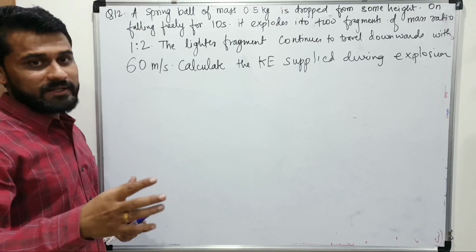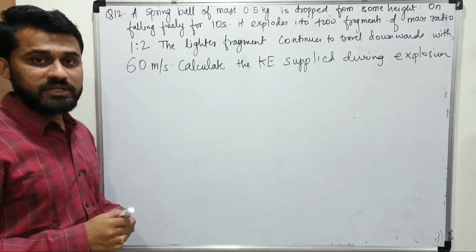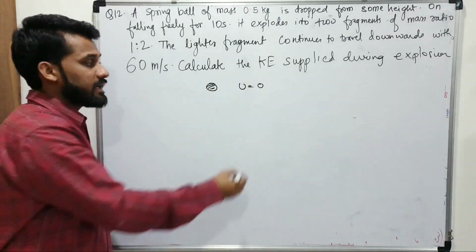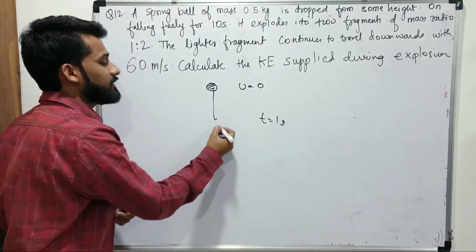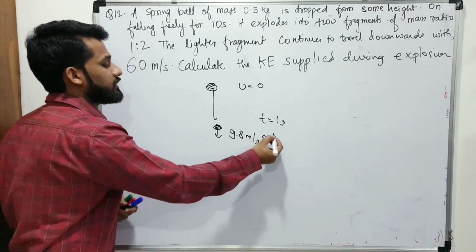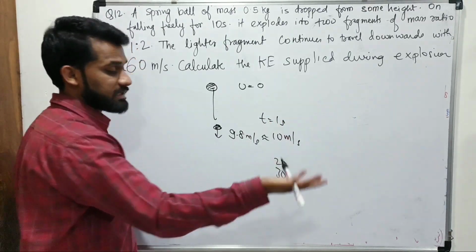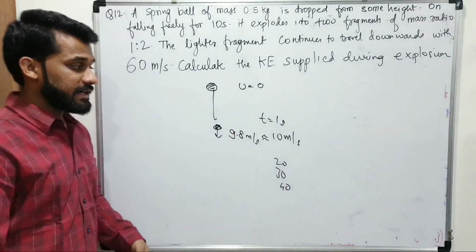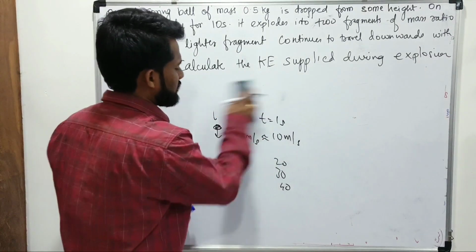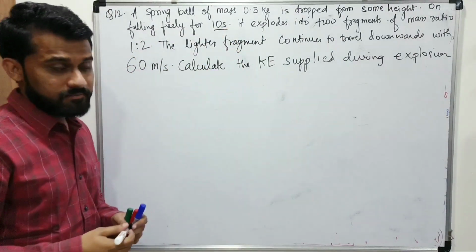On Earth, you will experience that after every 1 second, its speed increases by the value of g. Means if you drop a ball from a certain height, initial speed is 0. After 1 second, its speed will become 9.8 or 10 meters per second. After 2 seconds, 20, after 3 seconds, 30, after 4 seconds, 40. Every 1 second, its speed is going to increase by 10. So orally you can calculate that the speed of the spring ball after 10 seconds will be 100,